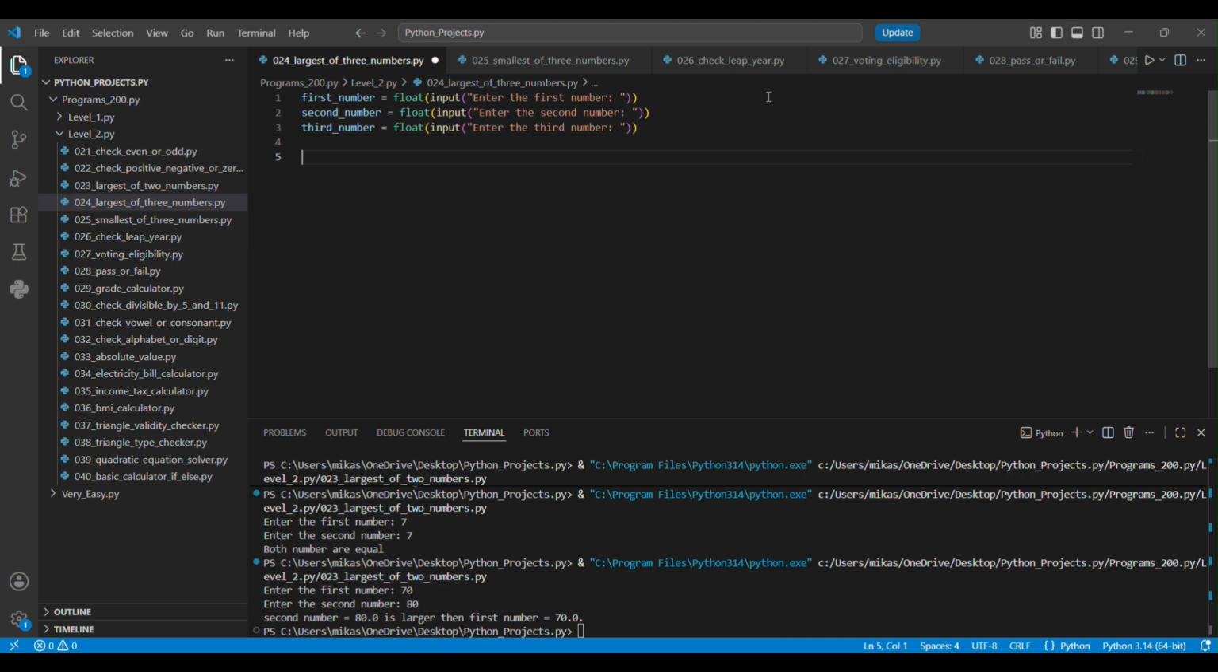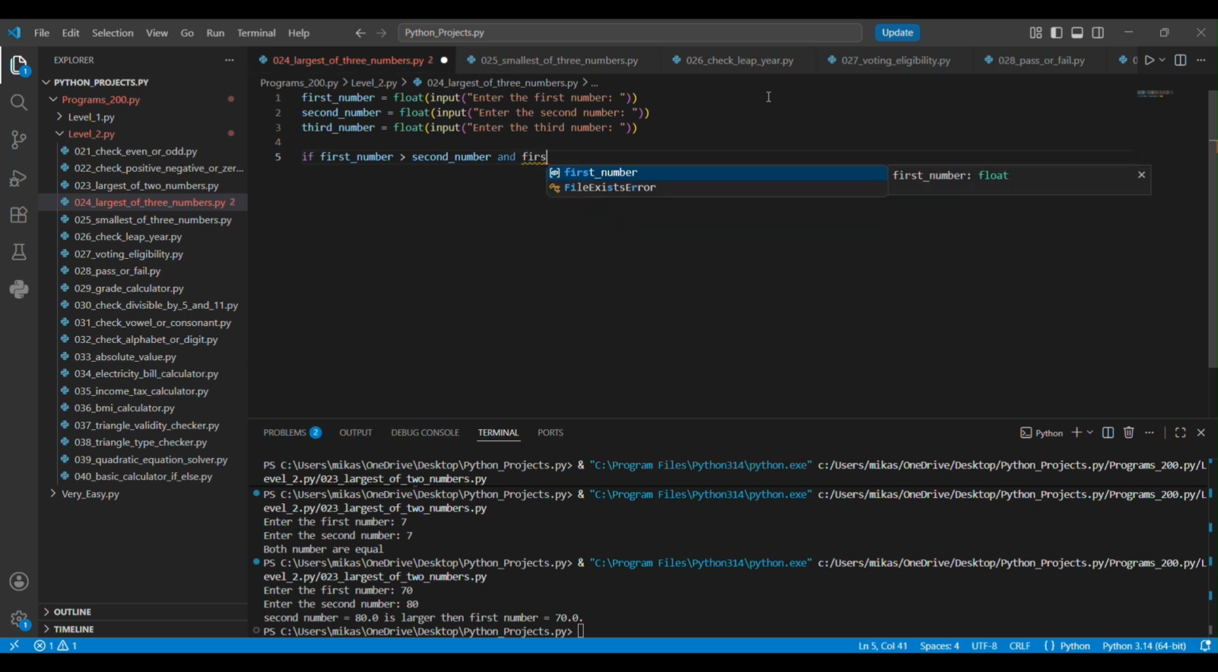logic that checks which is the greater number. If first_number is greater than second_number and first_number is greater than third_number, then print